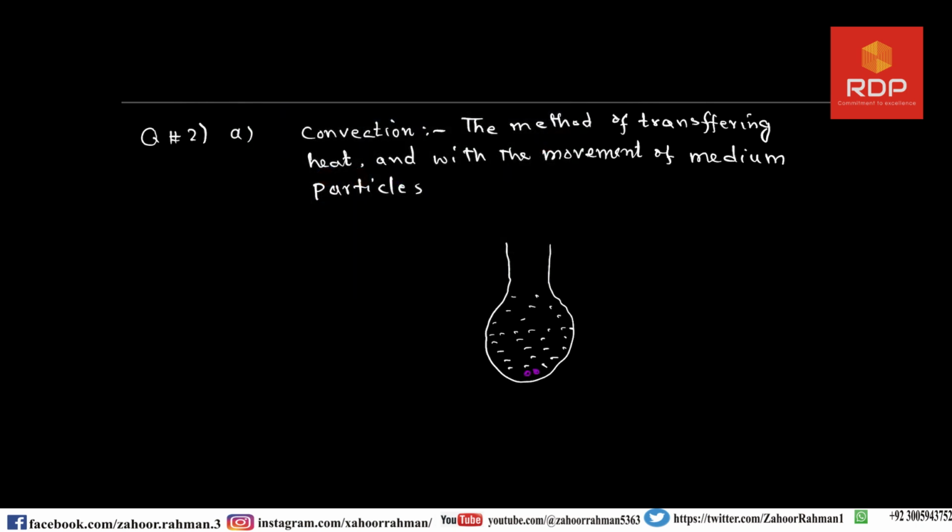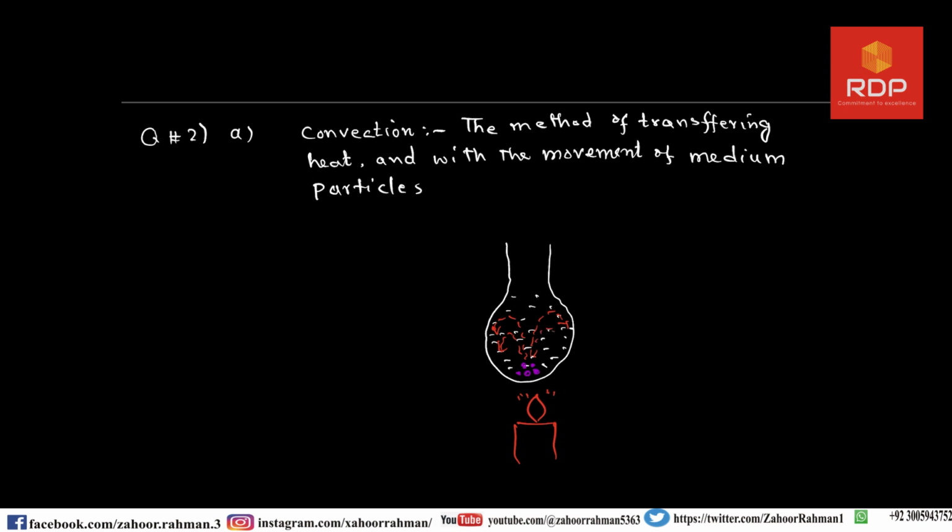So we are putting these crystals of potassium permanganate and we are also giving heat to this by Bunsen burner. So after some time the crystal will move upward and in this direction as well, and this